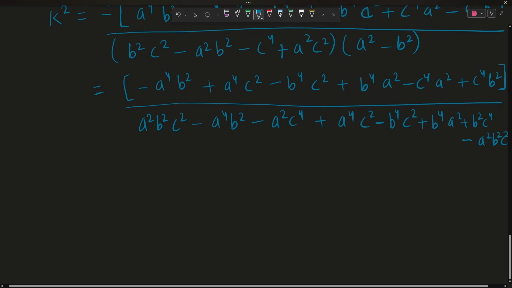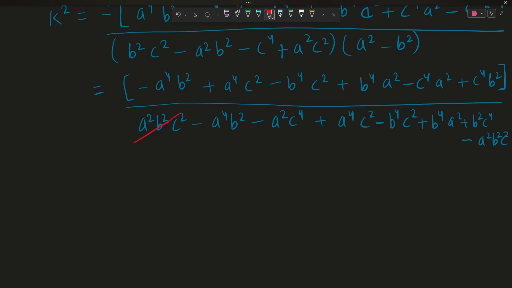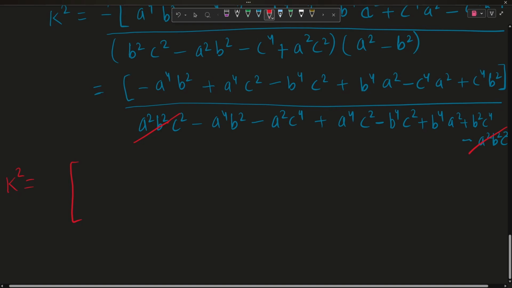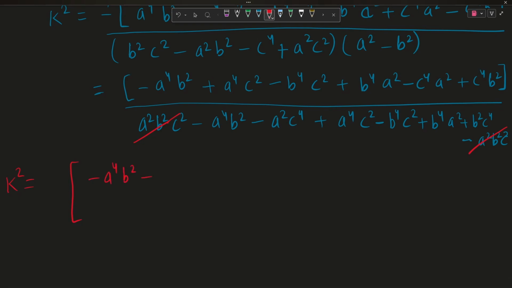Okay, now I can see this value is getting cancelled by this value, and what we are left with is k square is equal to minus a to the power 4 b square plus a to the power 4 c square minus b 4 c square plus b 4 a square minus c 4 a square plus c 4 b square